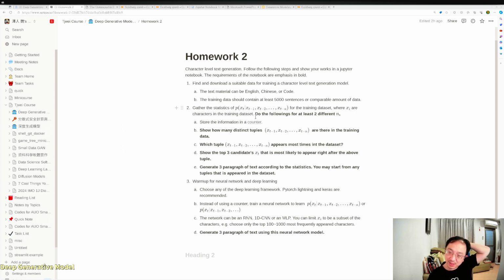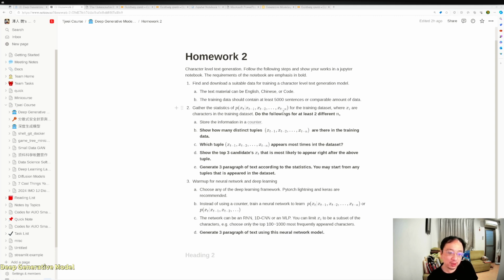For each sentence in your data, for consecutive characters, you wish to predict the next one. You find out the statistics from the training data,